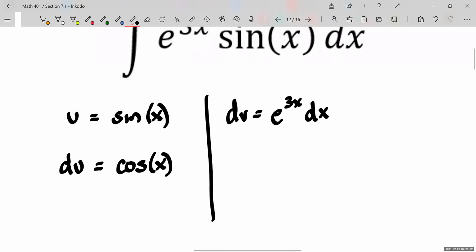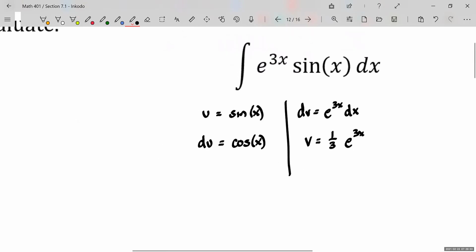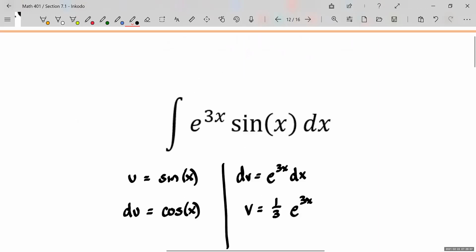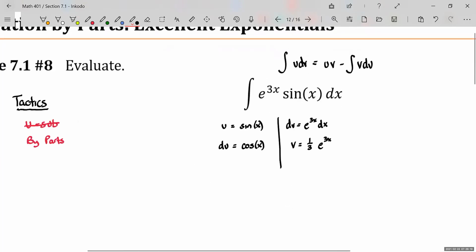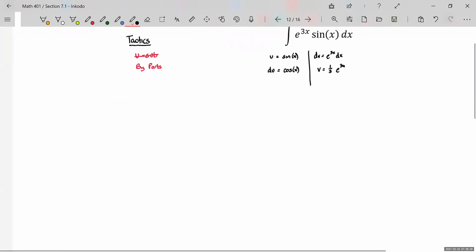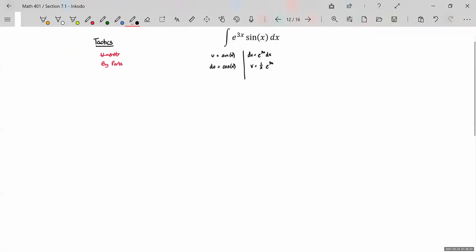And now we take the antiderivative. Remember, that's just like an e to the 3x, but because it's a multiplication by 3 on that x, you're going to offset it with the division. And now we could say, great. Remember, this is supposed to be the integral of u dv, and that will break apart into uv minus the integral v du. Now, what I'm going to do is leave a little bit of space down below,